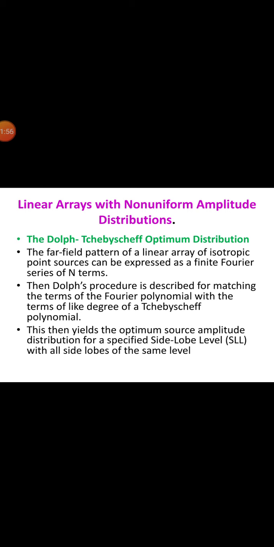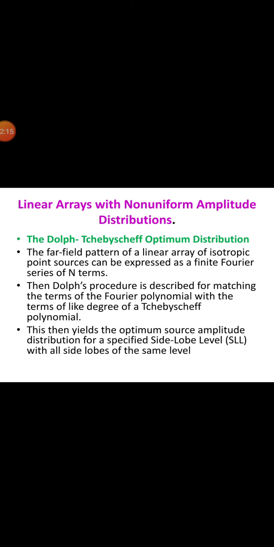When you calculate this, the pattern has no minor lobes, and this has been achieved at the expense of increased beam width. For spacing of lambda by 2 or less between elements, the minor lobes are eliminated. However, the increased beam width, the large ratio of current amplitudes required, and large arrays are disadvantages.